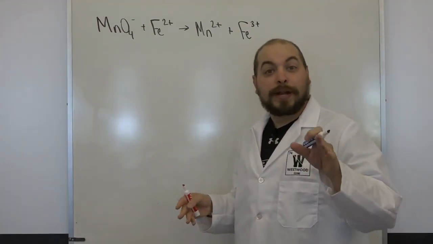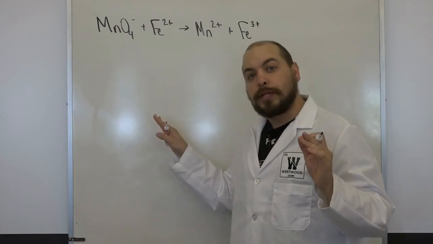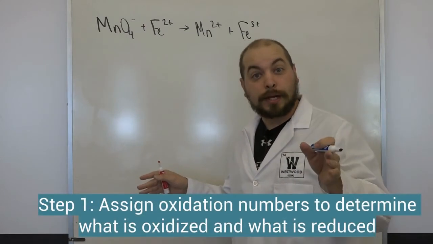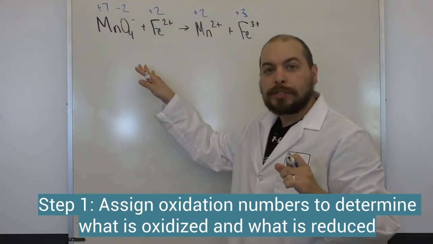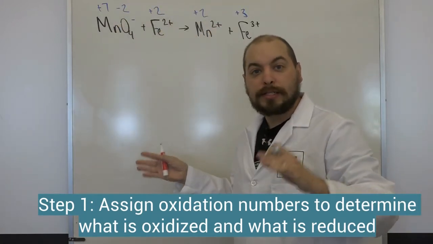All right, so now you've had a chance to work through it on your own. Let's go ahead and go through it together. First step, remember, assign oxidation numbers. Now, once our oxidation numbers are assigned, we can identify the thing that's being oxidized and the thing that's being